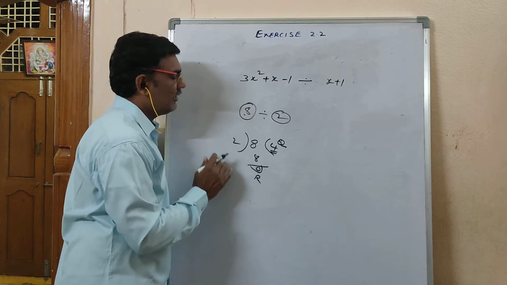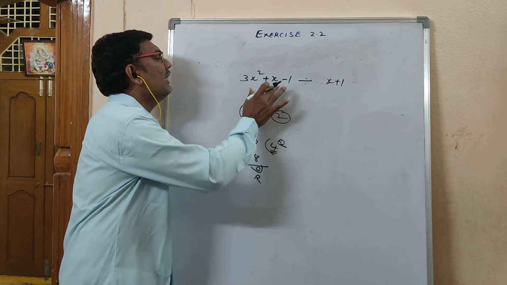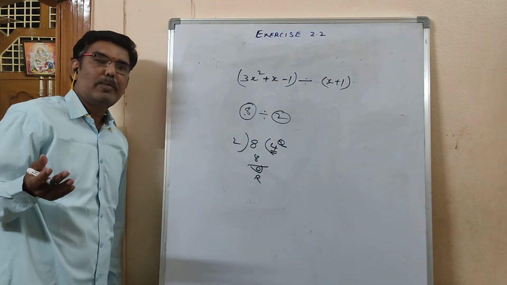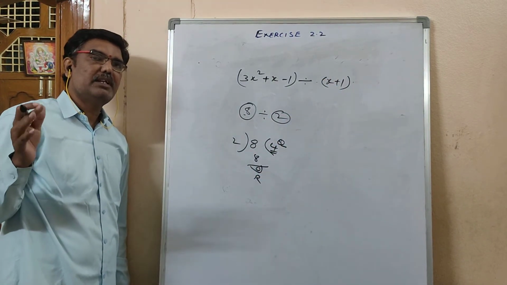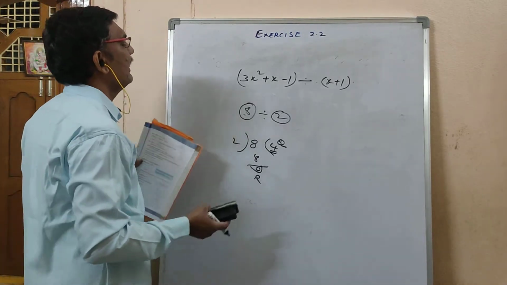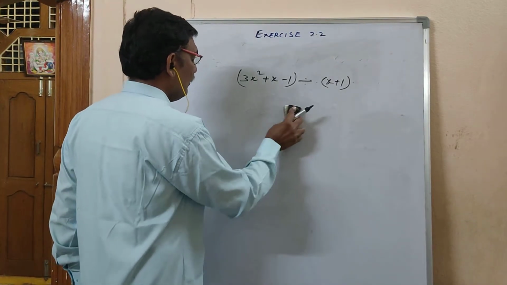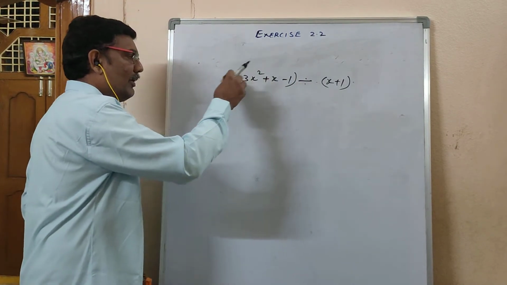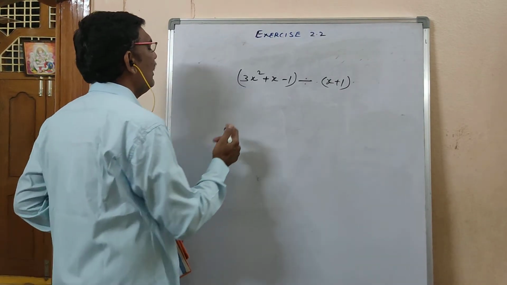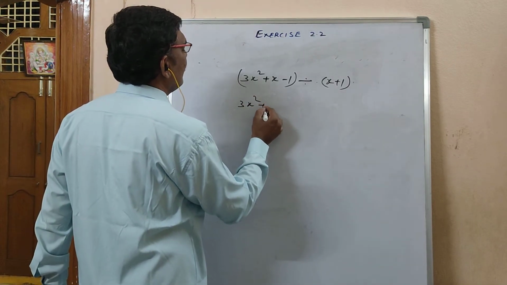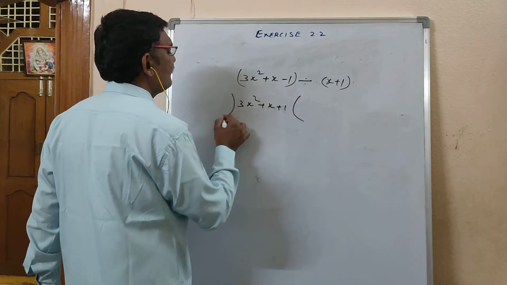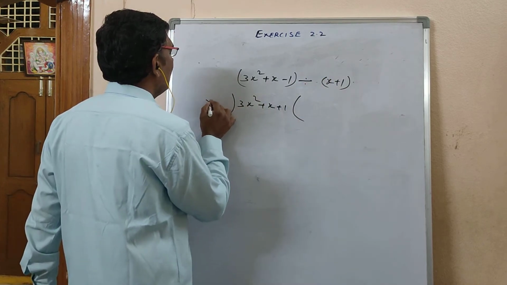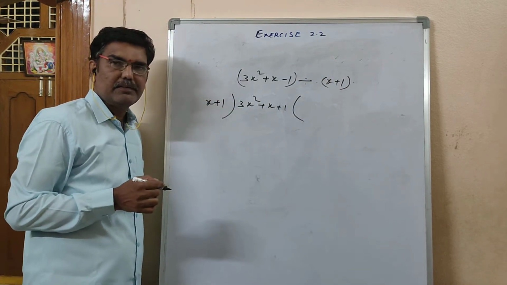This is called remainder. Same division, but here these are polynomials. In polynomials you can do addition, subtraction, division and multiplication. Now we will go for division. Now if it is there like this, for this divide by symbol, whatever polynomial is there left side is called dividend. 3x square plus x plus 1 is dividend. After divided by, right side is called divisor, x plus 1.